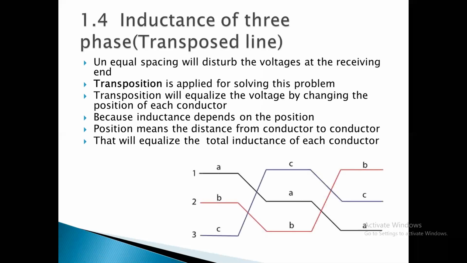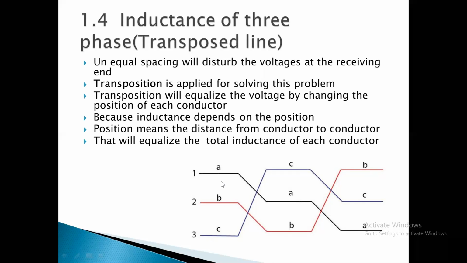So here I am explaining transposition. For this conductor, we have seen the formula. The formula depends upon d and radius. If the radius of all the conductors is the same, the d will be different. This conductor has two d's, here one d and here two d's, so it will add the effect